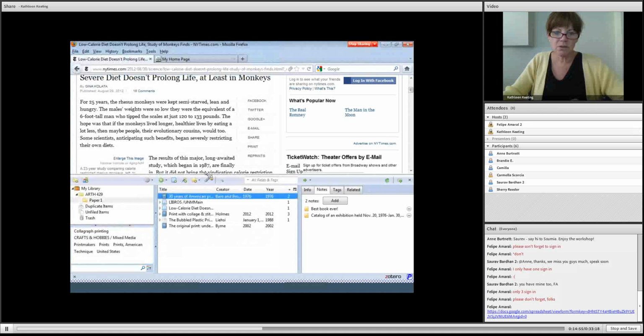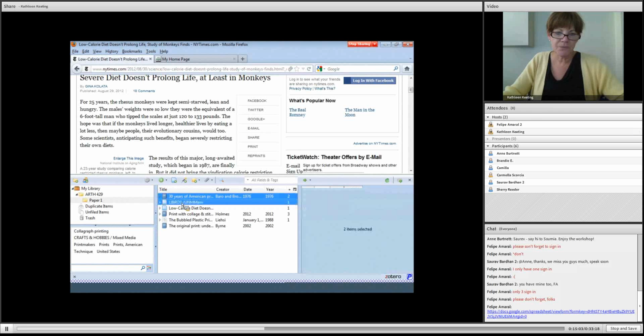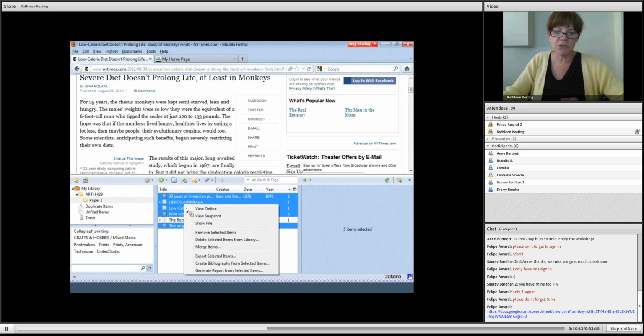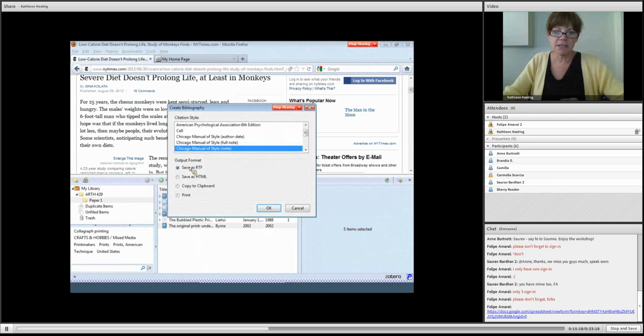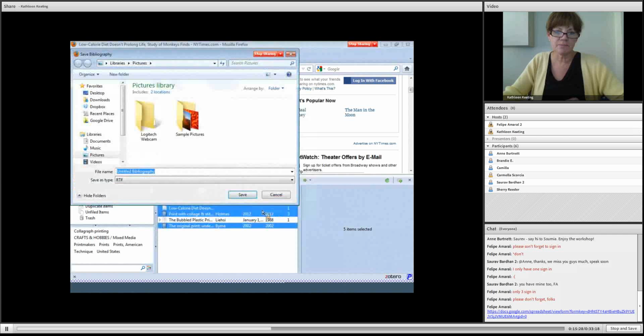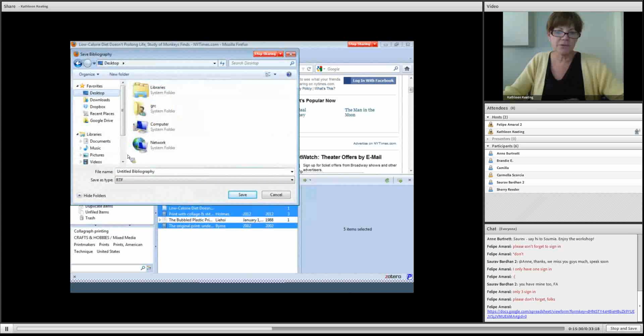So now I want to go in here, and if we want to create a bibliography, you can hold down the control and just highlight those things that you want to create. And then at that point, if you right-click, you can create a bibliography from the selected items. And I'm going to go ahead and see it defaulted to Chicago Manual Style. I'm going to save as a RTF. I go ahead and click OK. It's an untitled bibliography, so I'm going to do